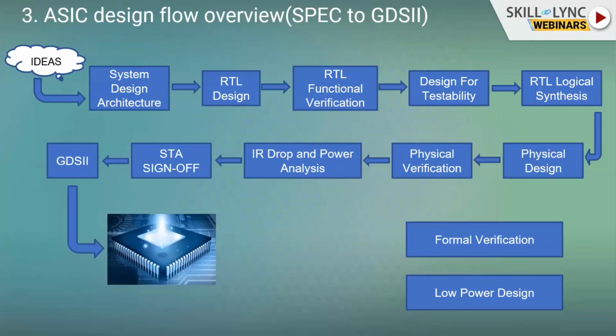Here I also mentioned formal verification and low power. Formal verification means that at every stage they are checking that the function is not going to change. That is what we call a logical equivalence check. Once the RTL design is done, they send it for verification. Then they check the RTL against the functional verification netlist, so the functionality does not change. Likewise, once physical design is done, I take that netlist and check it with the RTL code. Whatever RTL code was implemented, the same functionality should match the physical design netlist. That is formal verification, and we need to check it at every stage.